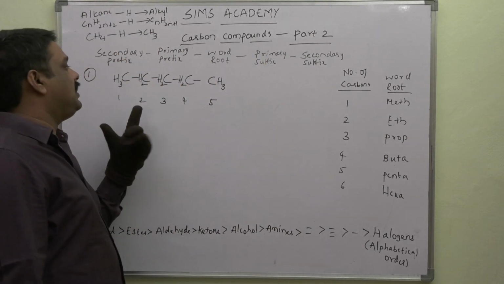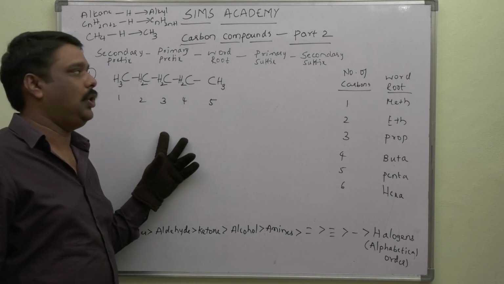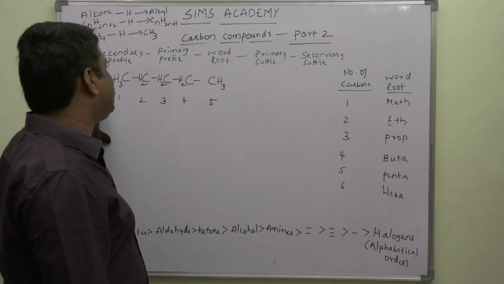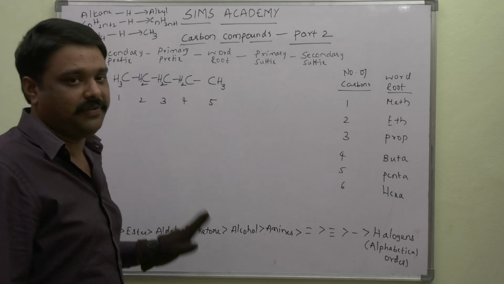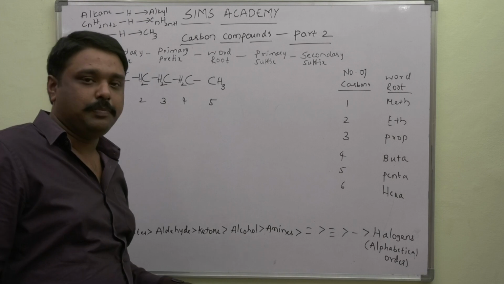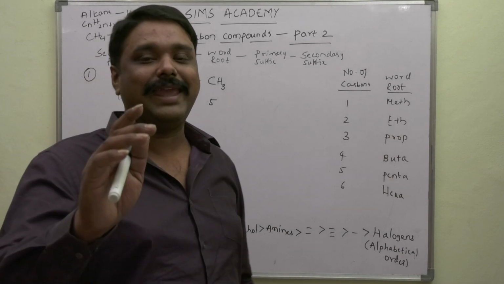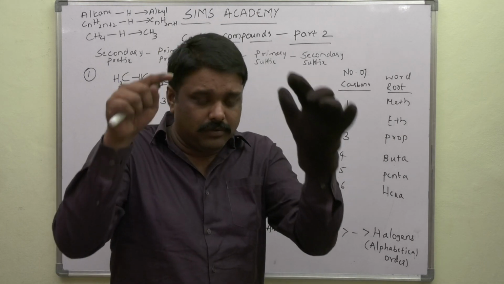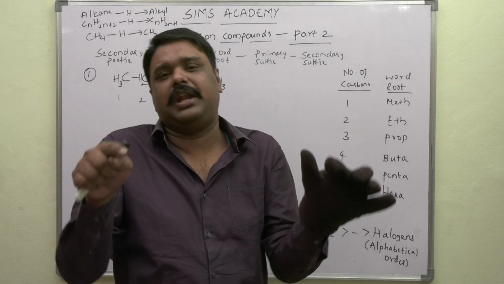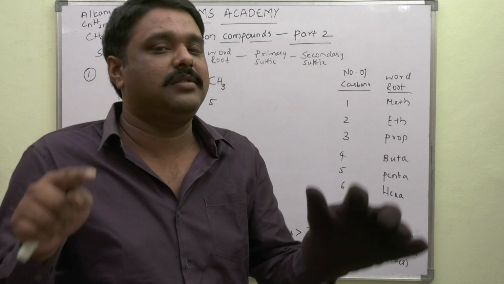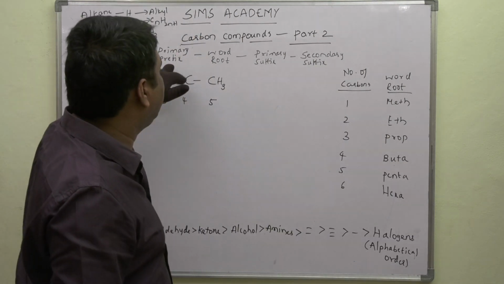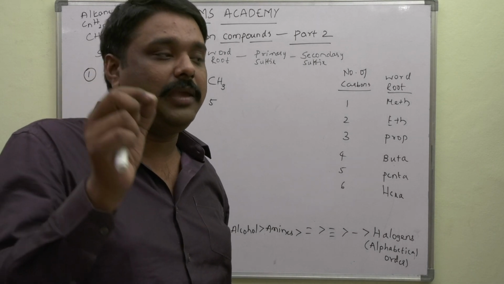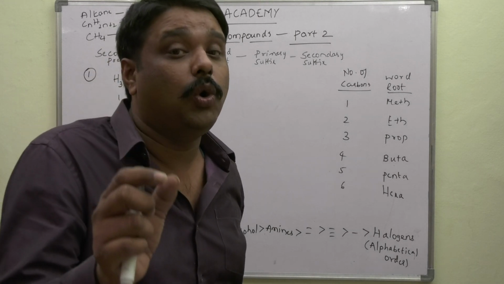Now coming to this particular organic compound, here we don't have any substituents. When there are no substituents, there is no secondary prefix. Primary prefix must be given only for cyclic compounds. If it is a closed structure, then we consider it a cyclic compound. Then only we get the primary prefix. What do we keep as the primary prefix? We keep it as cyclo.